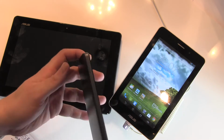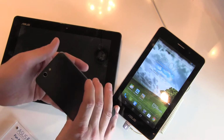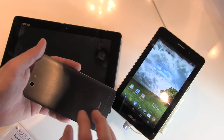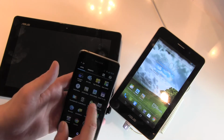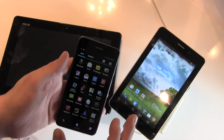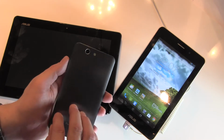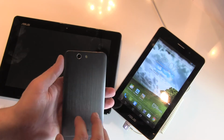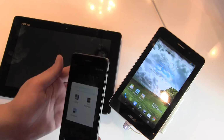And again we have this trick that we can plug it inside. But let me first come to the processor. It's a quad-core Snapdragon 600, newest generation, with 1.7 gigahertz and 2 gigabytes of RAM. Internal memory is 64 gigabytes, and maybe there will be 32 gigabyte versions in some countries too. But you don't have a slot for micro SD card, so this is of course fixed, and the battery is fixed,